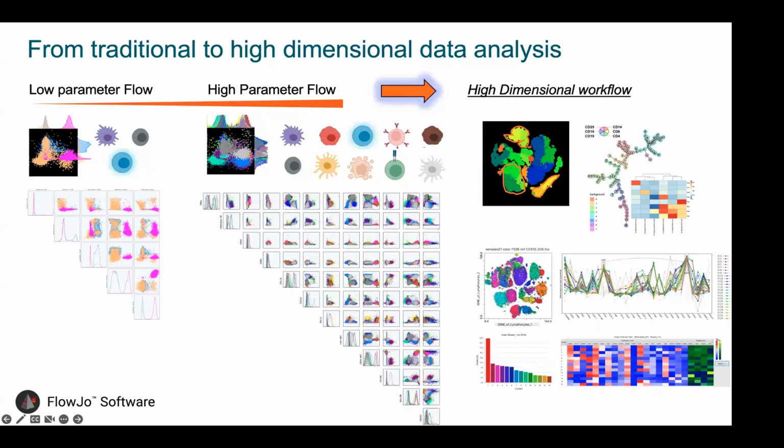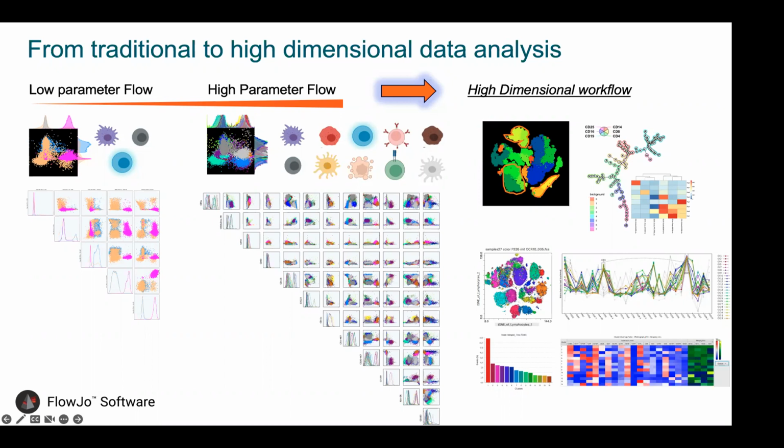Although we're not going to be talking about how we reached so many dimensions, we're at the point that we're talking about high dimensional data analysis, which I'm sure you'll hear a lot in flow cytometry. I'm not going to show you how we reach those dimensions, but I'm going to show you how this increasing number of dimensions can be translated into FlowJo, and why we need a specific workflow to analyze such data